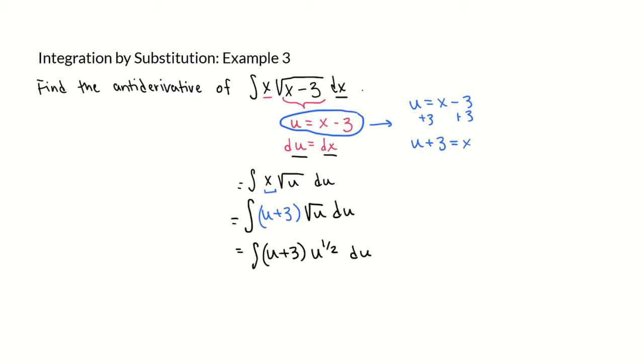If we do that, then we can distribute this single term into the parentheses here. That would give us the integral of u to the 1 plus 1/2, so 3/2,